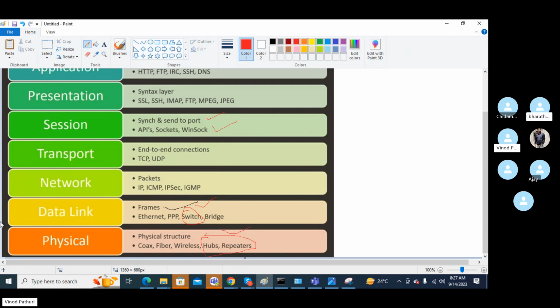Okay. And so these are layer one because these are non-intelligent devices, it doesn't think about anything. But switch will think about something, right? That's why it will form a MAC information table. Whenever any device is connected to it, it will form a MAC information table. By using that table, it can identify the destination, like where traffic needs to be transferred. So we can say somewhat it is thinking about how to transfer the data. So it's an intelligent device. Switch.